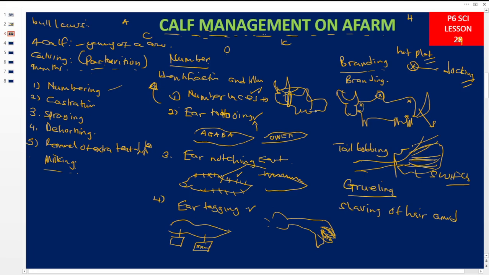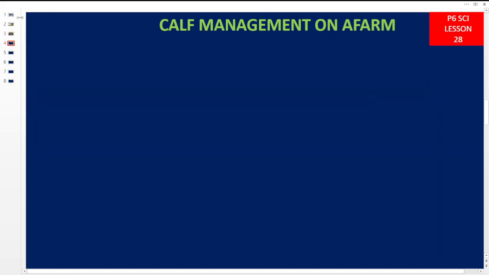So we have looked at numbering, and we've said under numbering, why we number is for identifying animals. Methods we use: number laces, that is a necklace, then tattooing, then ear notching, ear tagging, gluing, tail bobbing, and other branding. All right, my dear learner, so after you have looked at this numbering,